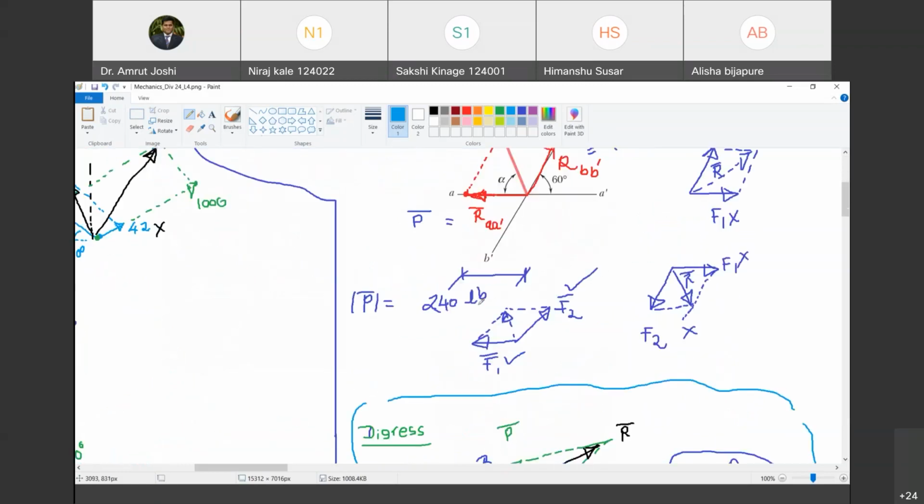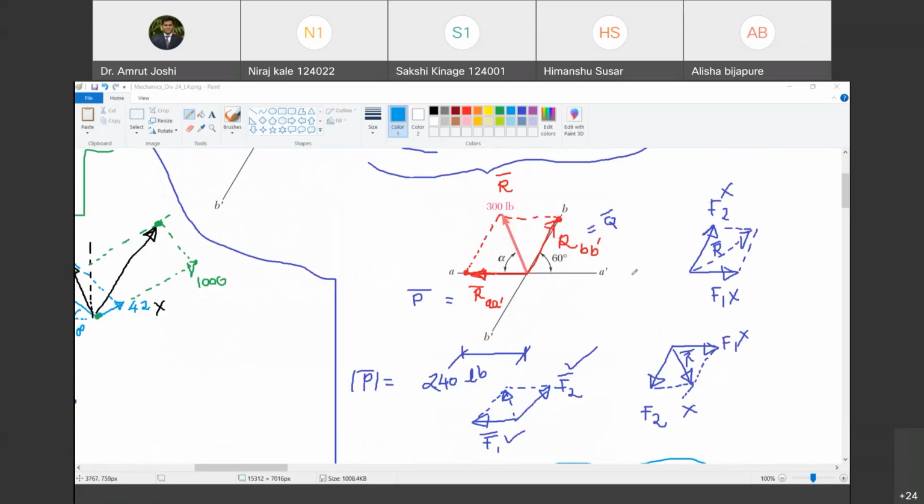This was the problem that we were trying to solve, and we did some trial and error on the direction of these components. We know that now the component along AA dash has to be directed towards left, and the component along BB dash has to be directed towards B. Are you with me? Yes. This is where we had come. Now before we proceed to find out these components, the component of R along AA dash and along BB dash, which we have also called P bar and Q bar, we know that P bar plus Q bar has to be equal to R bar.